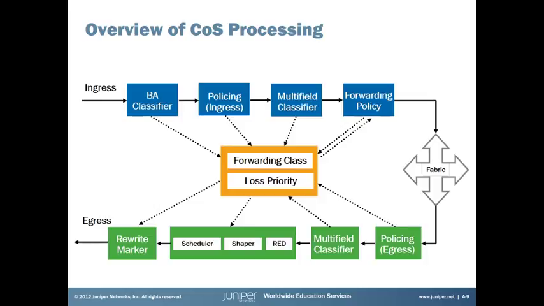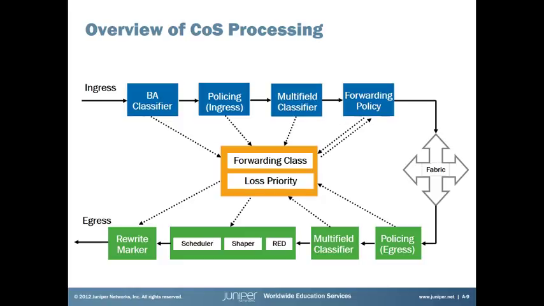Okay, so basically, as your traffic processes through the network, we're looking at all these different parameters, and we're changing forwarding class and loss priority as it goes through. There is this thing called a multi-field classifier as well. We then go into a forwarding policy, which affects queues and which queues different traffic goes into, how much memory those queues have, the priority of those queues as far as how they're processed. That goes right through our fabric. Then we go out, and we're going through policing again, multi-field classifier. There's our RED, which starts dropping traffic if we need to, shaping traffic, scheduling,